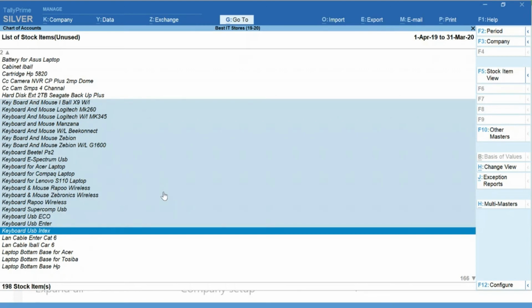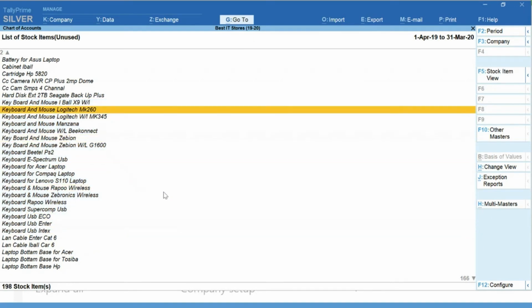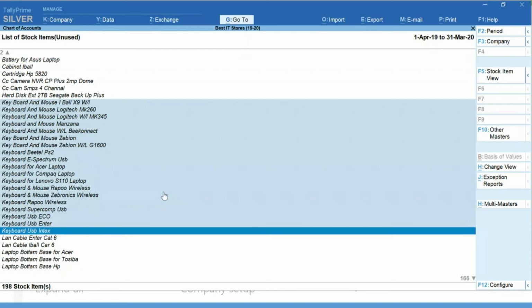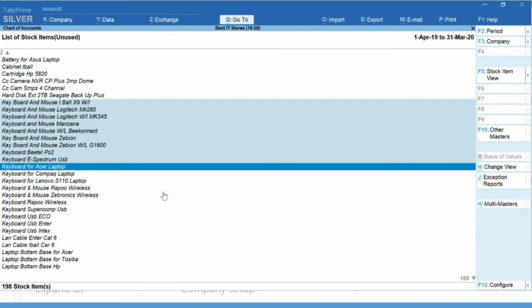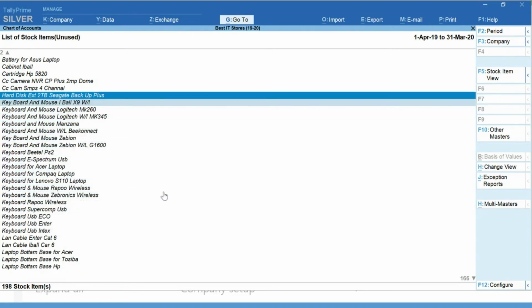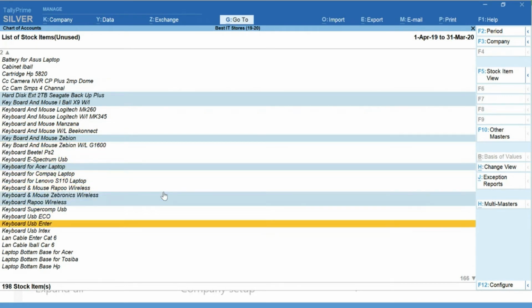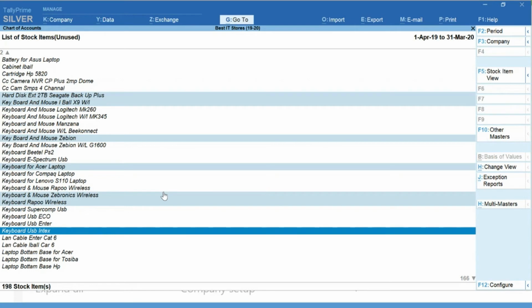And with just the press of a key, you can delete it. What I pressed here is shift down arrow. So the people who are using any other Windows applications can now easily learn these things when they are operating with Tally Prime. You can do multi-selection using this, and you can also deselect it by using shift up arrow. You can select randomly. You can choose any of these items and go and remove those from the application.